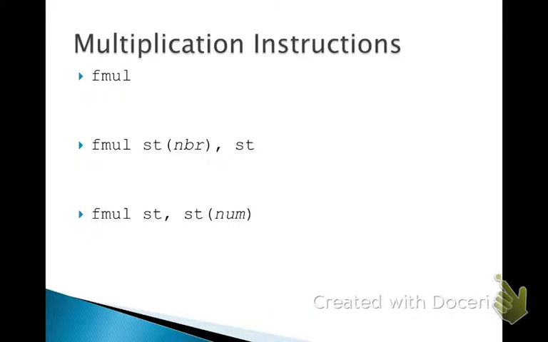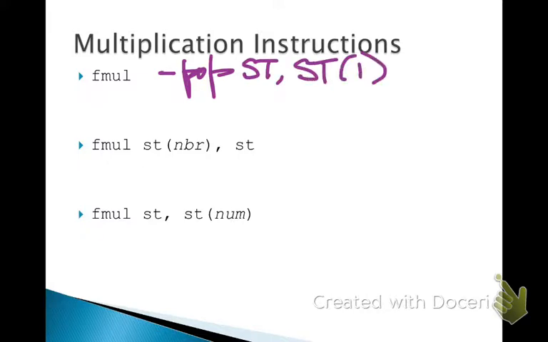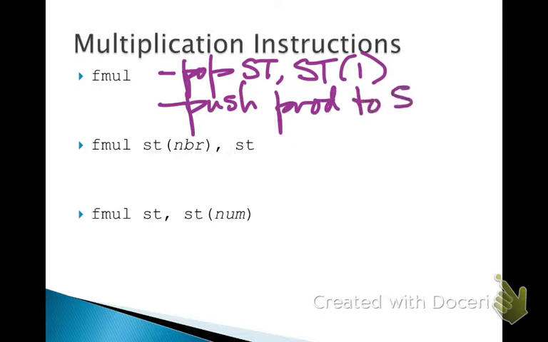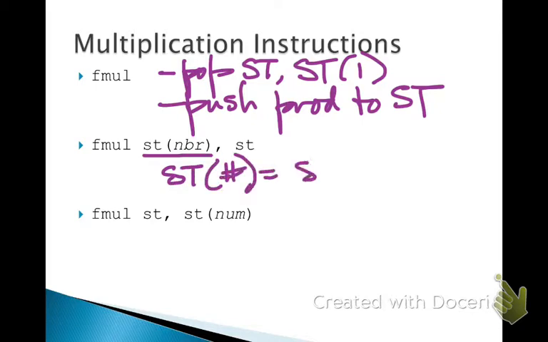Alright, let's quickly hit some multiplication. Again, the patterns emerge here, and we'll note that this is going to pop stack top and ST1, calculate a product, and then push the product to the top of the stack. Okay, this is going to multiply the stack top by another register, with this register being the destination. So this is going to be stack top number times stack top. And in this case, similarly,